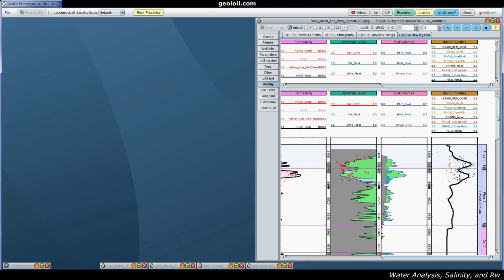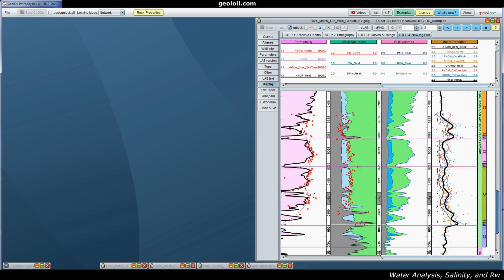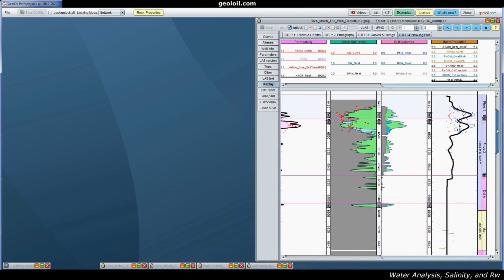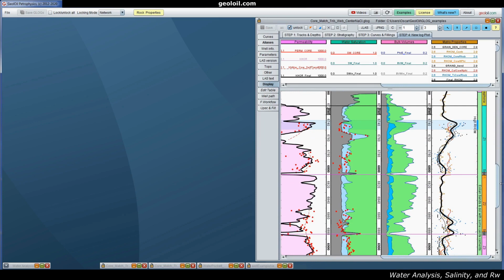Now the salinities from Phosphoria and Tensleep are completely different. So let's see how we can take care of that. What we're going to do is move the salinity from one zone to the other, and see how good or bad the match is. So let's start with this example to the left.